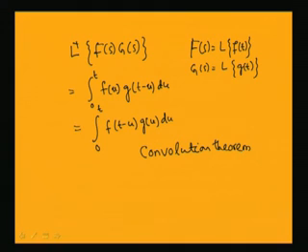Using this convolution theorem, you can find the inverse Laplace of the terms when they are multiplied. So, the inverse Laplace of F(s)G(s) will be equal to the integral from 0 to t of f(u) g(t minus u) du, which is equal to f(t minus u). So, this is tau, not t. Tau is the dummy variable. No, this is g(t minus u), and u is the dummy variable here.